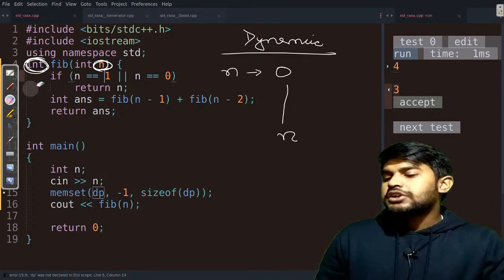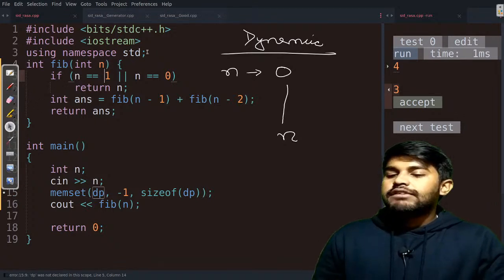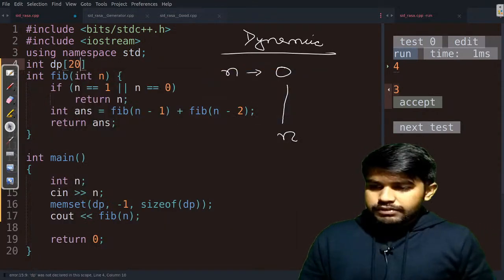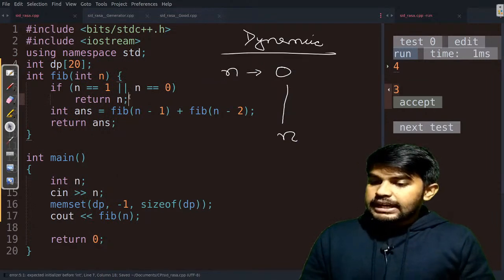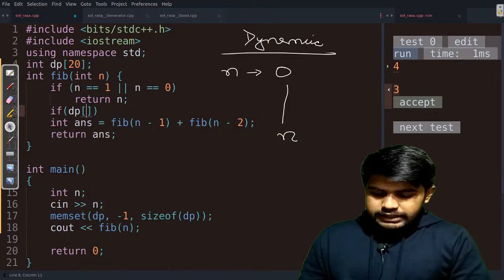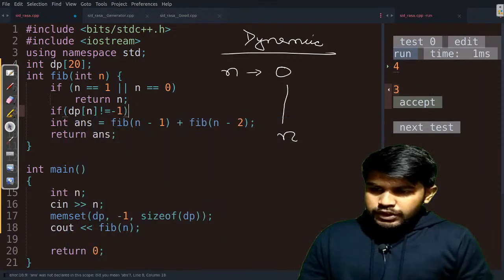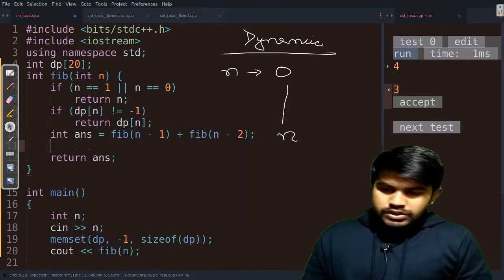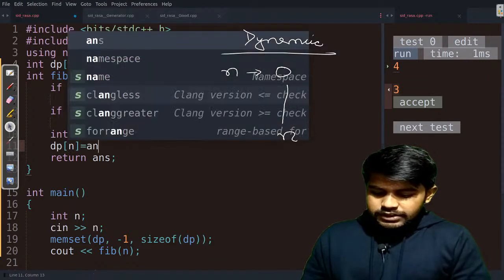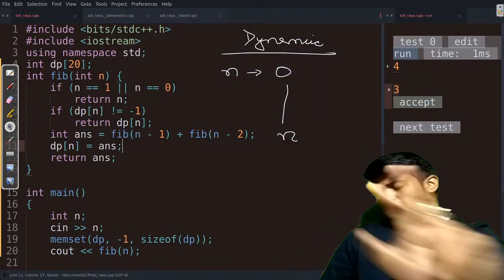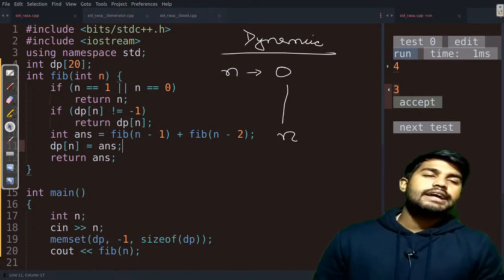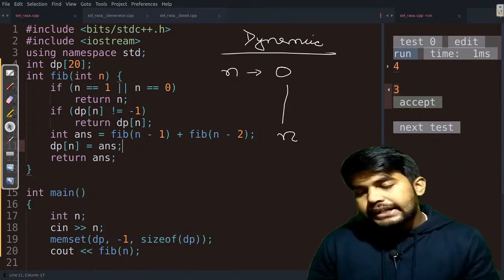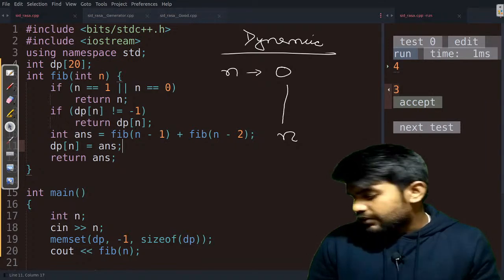वो repeated calculations को prevent करने के लिए we would just say that at this position we would declare int dp of 20 and we would do the memset thing, and before the calculation we would just check if dp of n is not equal to -1, then we would return dp of n, and if it is not already calculated then dp of n is equal to answer. Then what, see, दो चीज होती है. Okay, first is that if the value is already calculated, return me that. If the value is not calculated, calculate it and just register it wherever you are trying to keep.